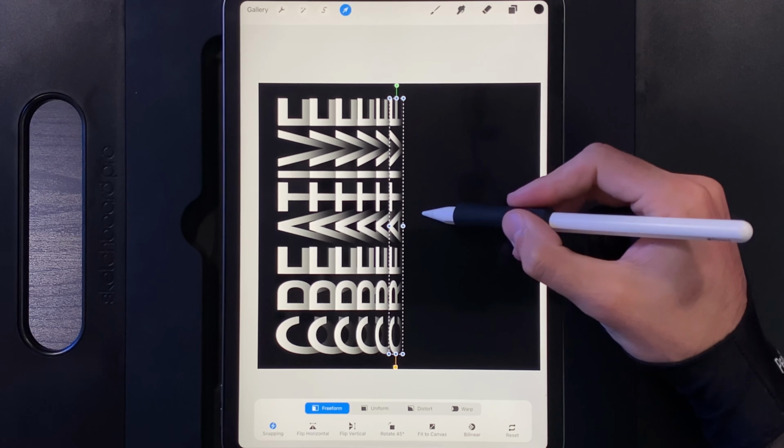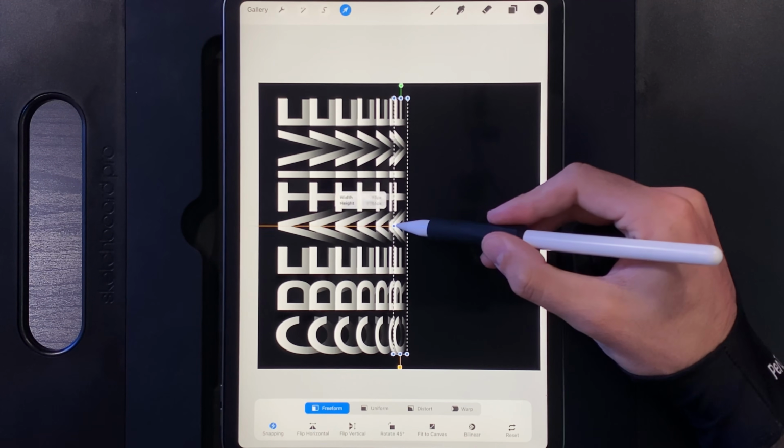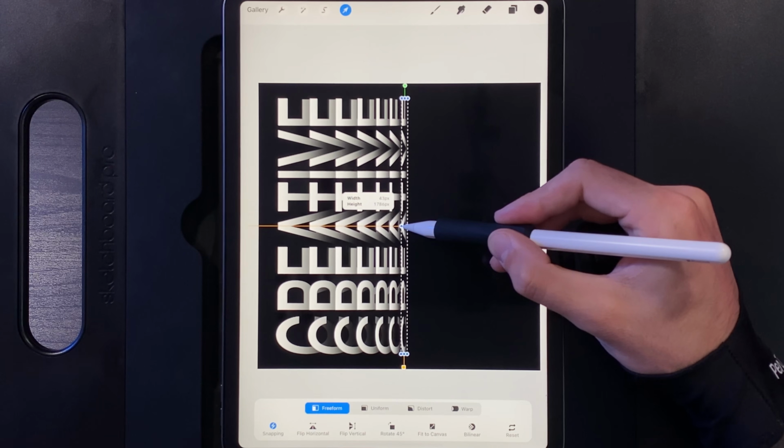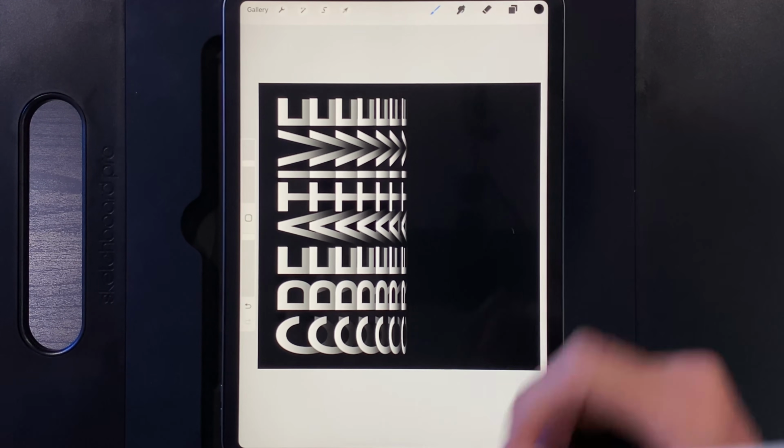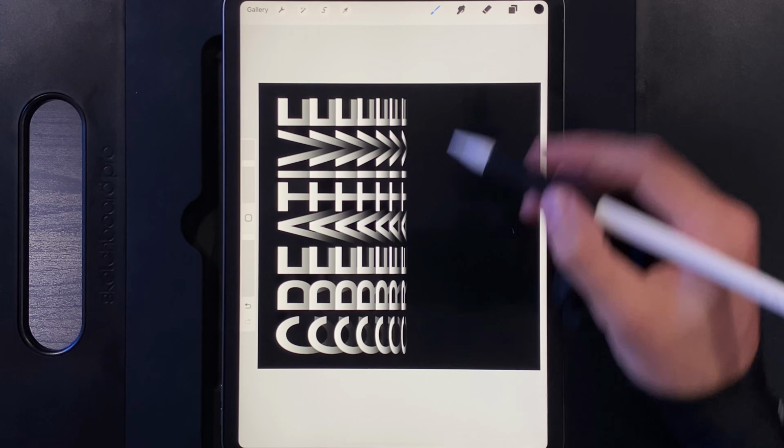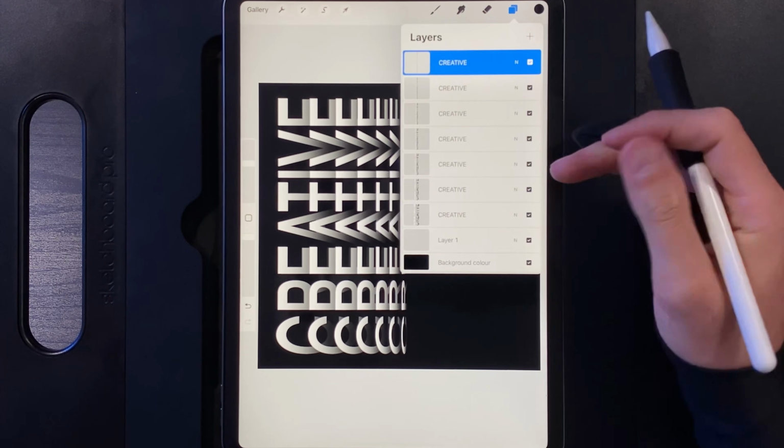Grab your cursor once more, move it ever so slightly to the right, and then reduce it in its height once again. So it's very, very narrow. And then tap on your cursor when you're done. Then what we're going to do is go to our layers, and now we've done one half,